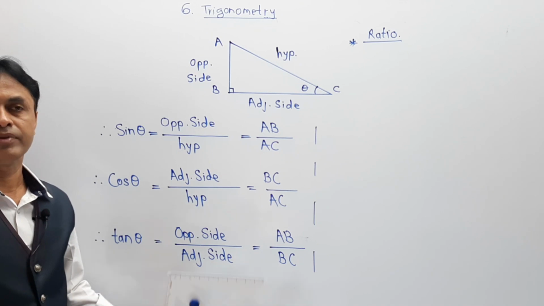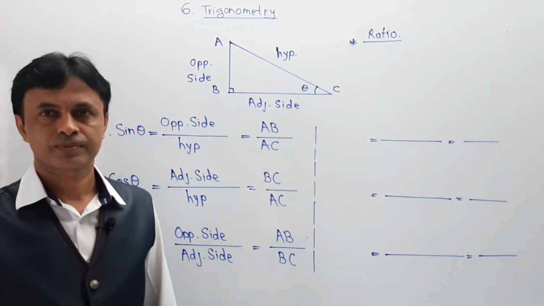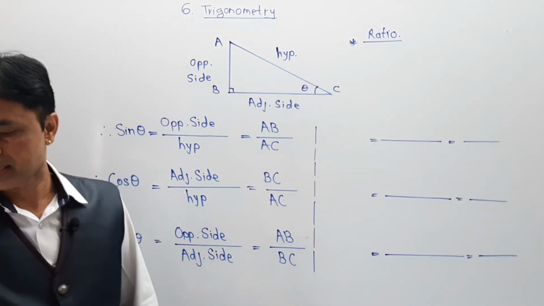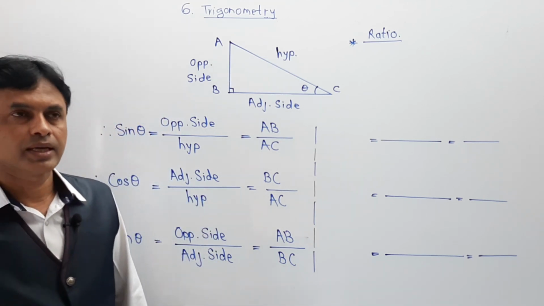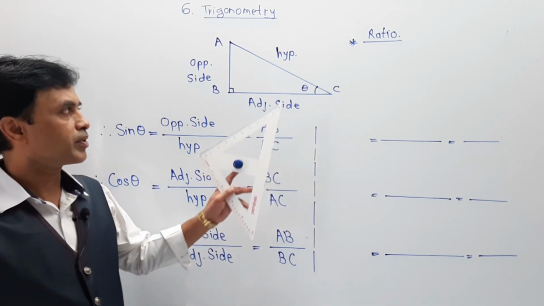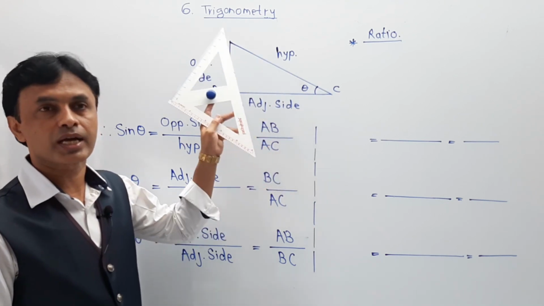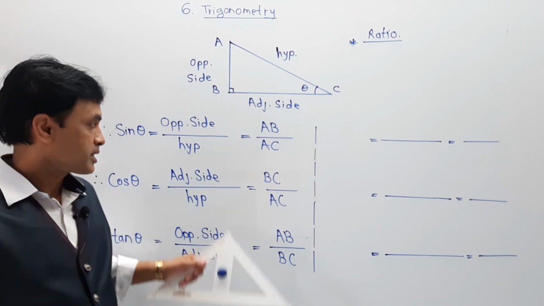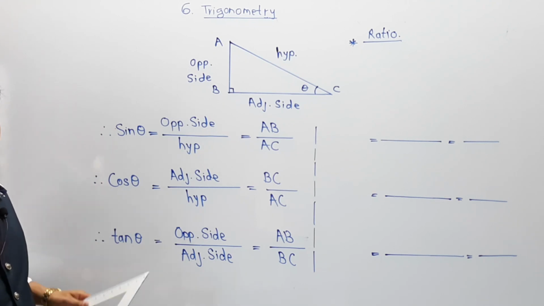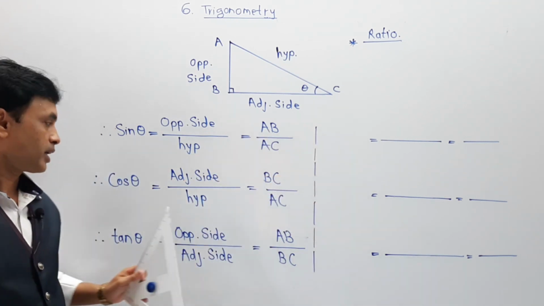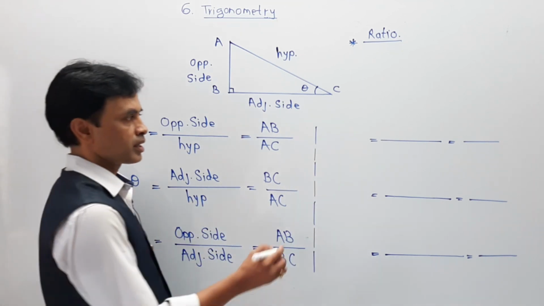There are also three formulae which are exactly the reciprocal or reverse of those. As we have discussed previously, there are formulae in reciprocal manner. We have written one part, opposite side upon hypotenuse, but the ratio may be reversed. You can also write the ratio as hypotenuse upon opposite side, and here the same three ratios of sin, cos and tan get converted into the reciprocal of sin, reciprocal of cos and reciprocal of tan, and the ratios are,